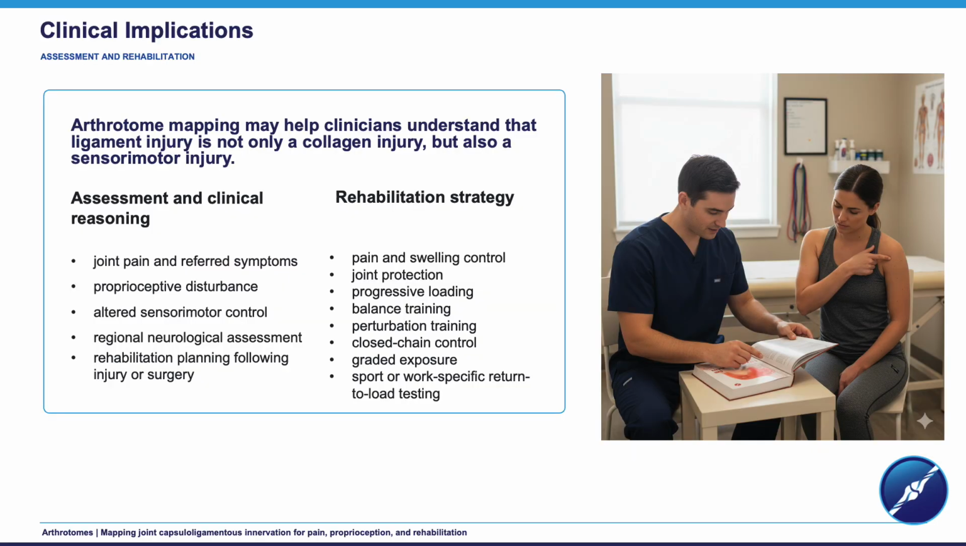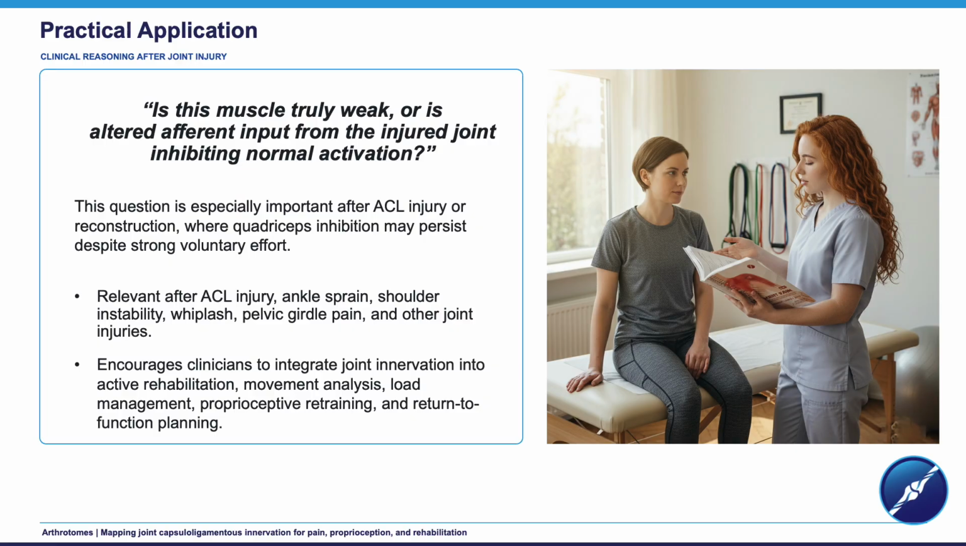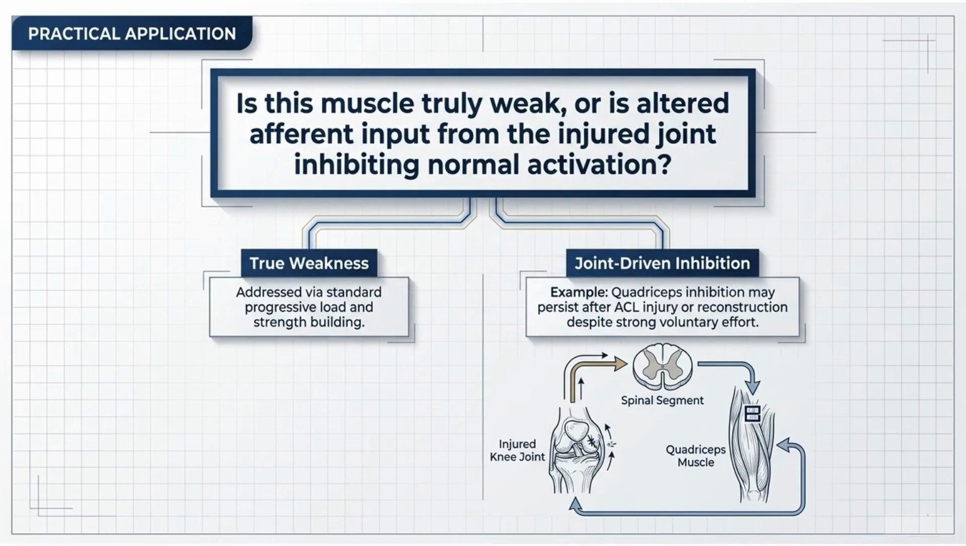Clinically, this may help us think more clearly about joint-related pain, referred symptoms, altered proprioception, changes in sensory motor control, neurological and orthopedic assessment, and rehabilitation after injury or surgery. One practical question is this: is this muscle truly weak, or is altered afferent input from the injured joint inhibiting normal activation? A good example is the quadriceps after an ACL injury or reconstruction. A person may be trying very hard to contract the muscles, yet altered sensory input from the injured joint may